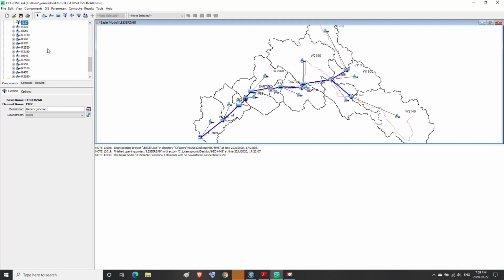Then we go to the first reach, R510. Then in the reach menu, we specify the options.